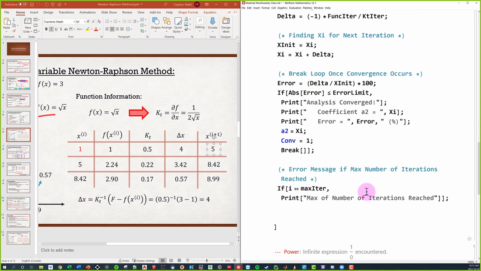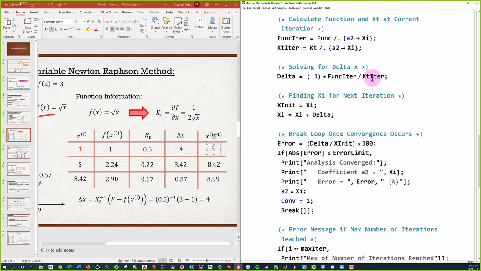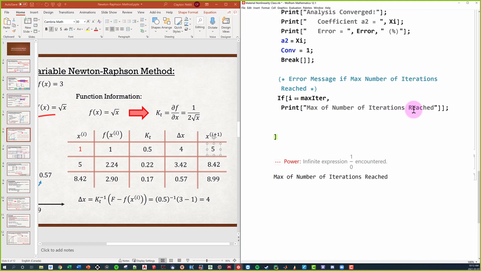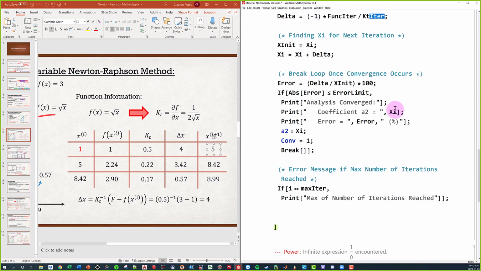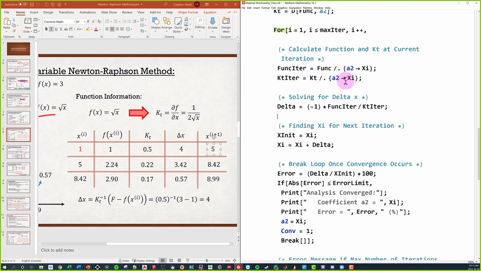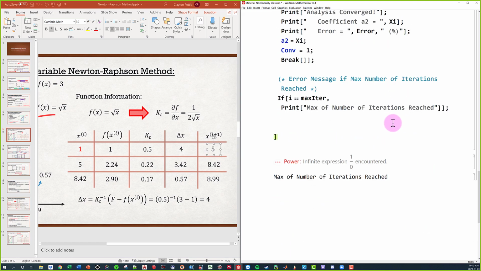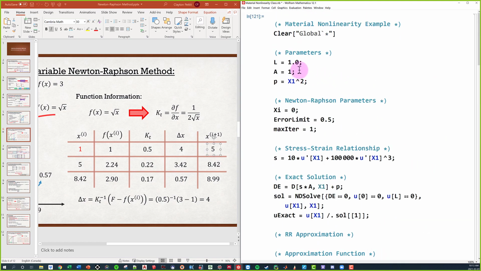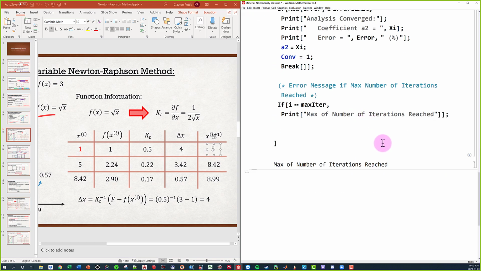And we have a problem right now, which is KT. So this is one of the problems that we had. We divided by KT. Now what was wrong with KT? Our initial guess was 0. So this is where engineering judgment has to come into play, and say, well, it's equal to 0, that didn't quite work. Let's change it to 1. So now we changed it to 1. We had nothing displayed, nothing converged, but it says the max number of iterations has been reached. And that makes sense. We only did 1 iteration. Chances are it didn't converge.